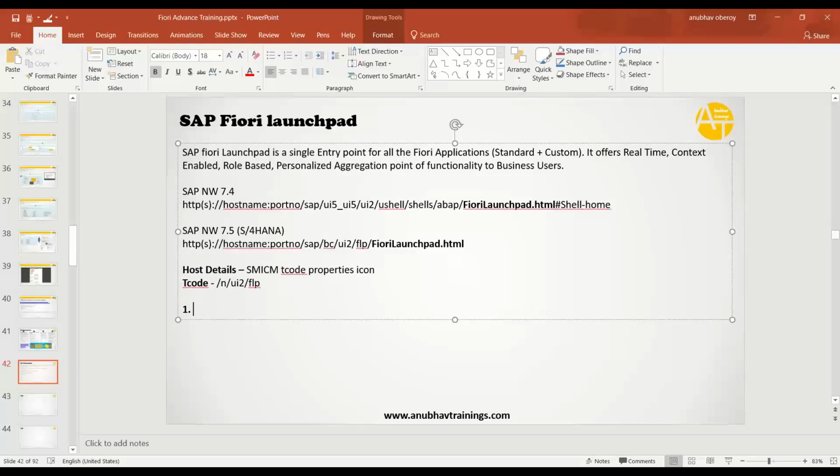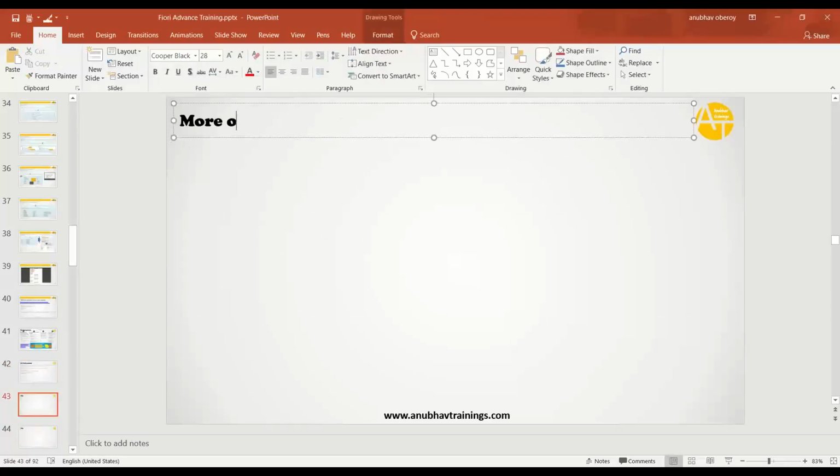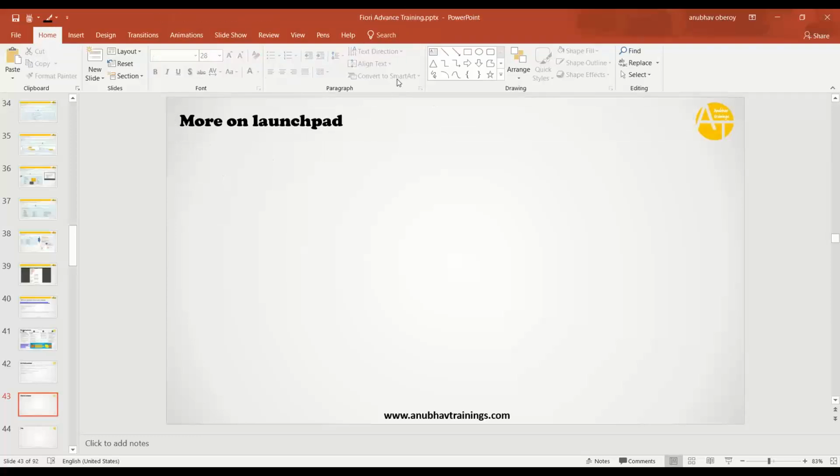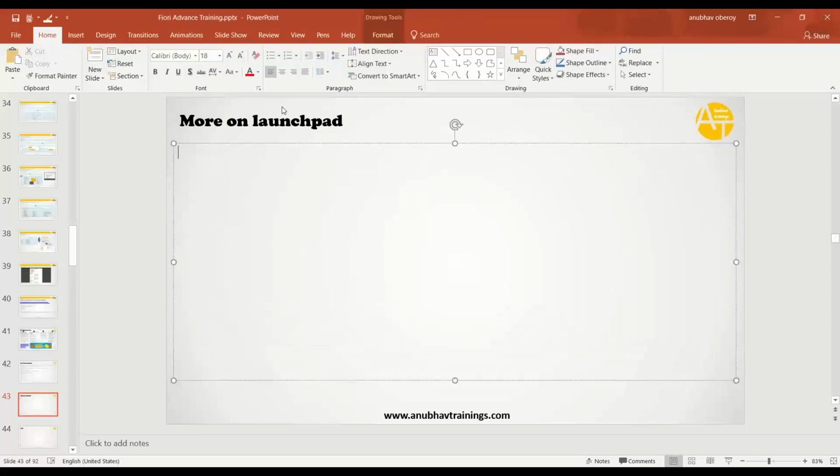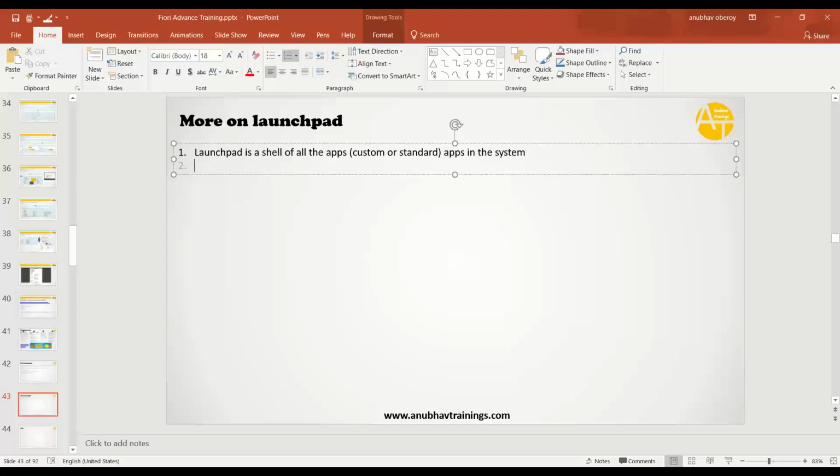So first thing is Launchpad is a, let me write it down in the next slide. So more on Launchpad. The first thing you need to remember and understand is that Launchpad is a shell of all the apps, whether they are custom apps or standard apps. Now for all the Fiori apps, this is a single entry point. The beauty of Launchpad is it provides authentication or a logon page